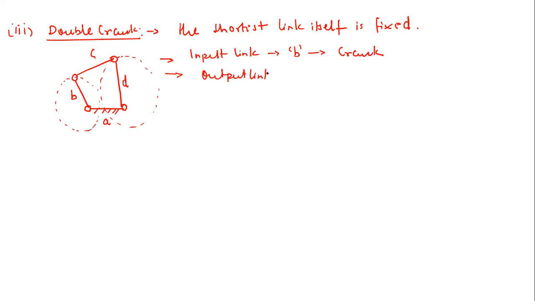Then the output link, again, will be, let's say, D, and again it will be a crank. And what will be your coupler? Coupler will be which? So it's very easy, right? The inversions of a 4-bar chain, if you observe, are very easy. The only thing you have to keep in mind is which link you are going to fix. Okay, so 4 inversions are now possible: 2 crank rocker inversions, 1 double rocker, 1 double crank. I will show you some examples also. So just wait, let me finish this topic, then I will show you some animations also.